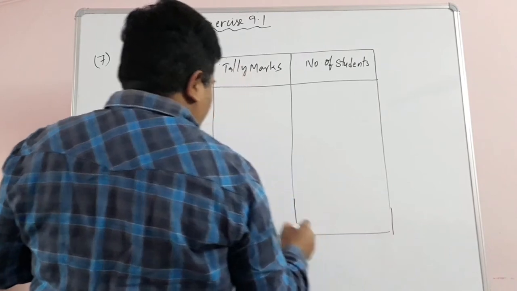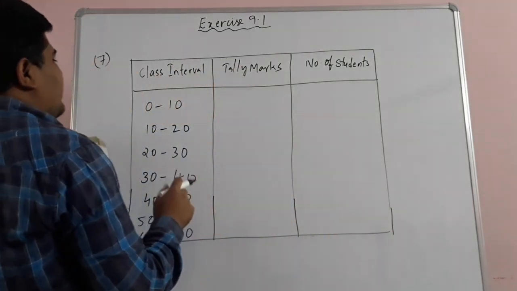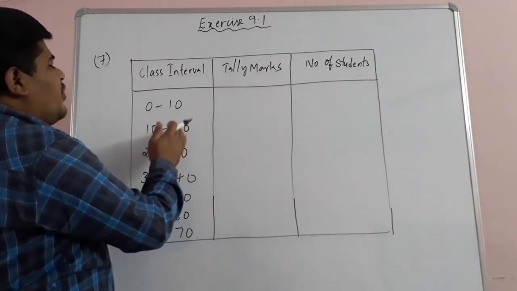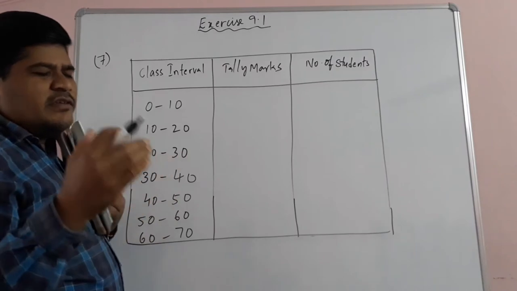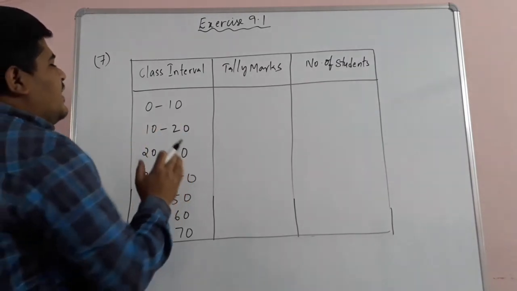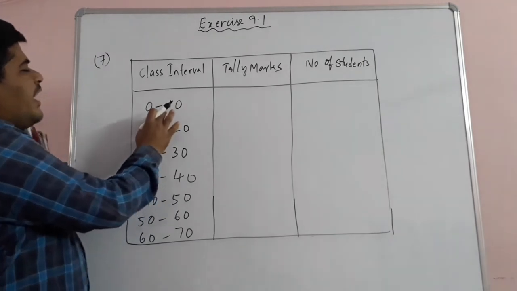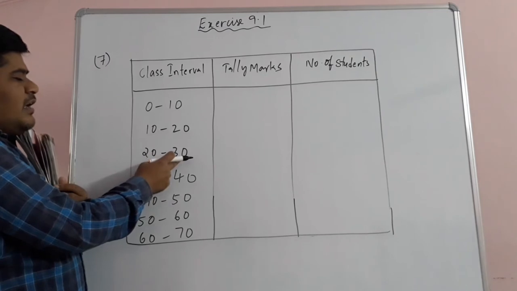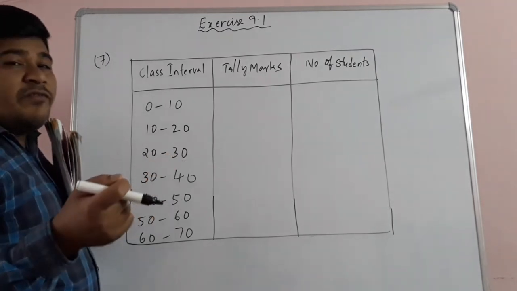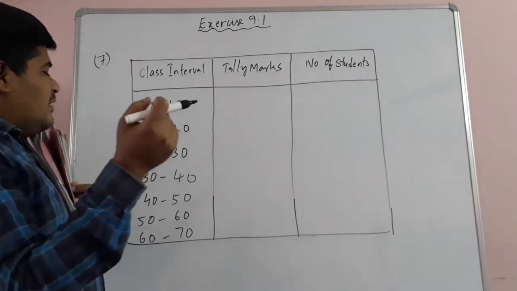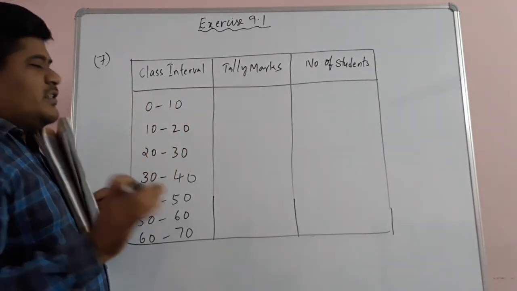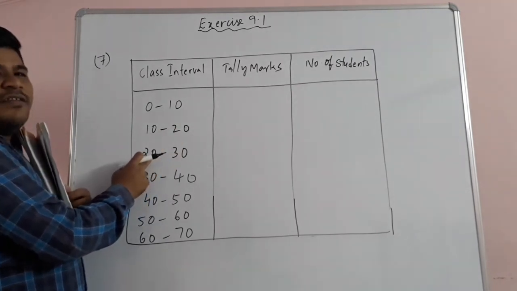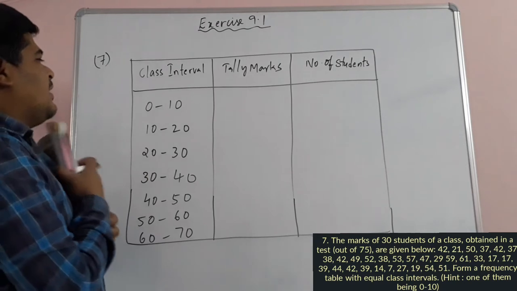So children, now from 0 to 10, okay, 10 is here and here. Suppose 10 is there in the observation. So then what to do? Children, if we get 10, 20, 30, 40 like that in the given data, suppose 10 is there, then we have to take it in the second class interval, not in the first class interval. Suppose we get 30, 30 is the upper boundary here, lower boundary there, no? So wherever those observations are there as lower boundaries, we have to consider them. Means if 20 is there, we should not take that 20 here. We have to count it in the class interval where it is the lower boundary. Okay, so that is the important thing.